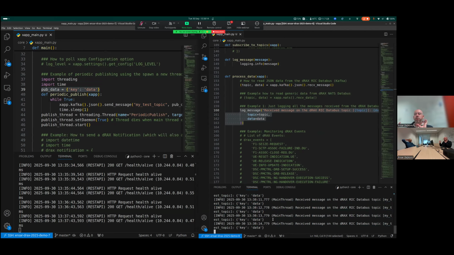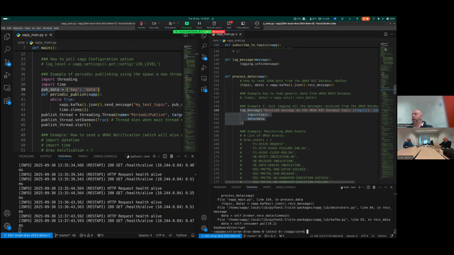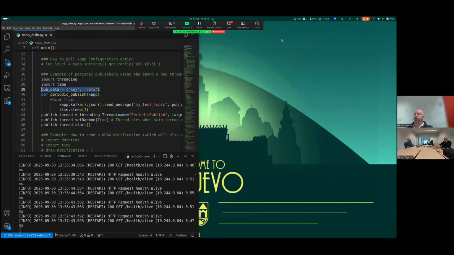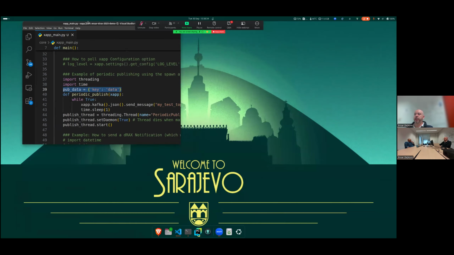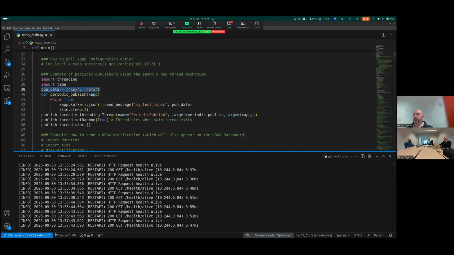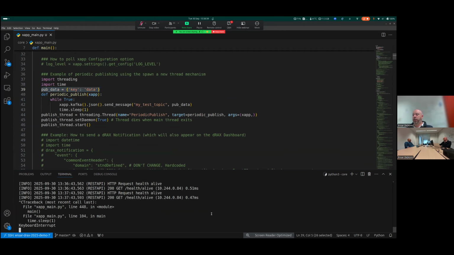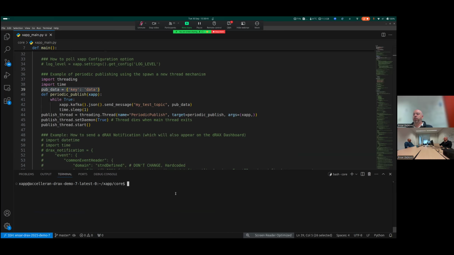So just to show you that you have the possibility of playing around with this data bus, of exchanging information and utilizing it for your own use case. Okay, so that was the second example we wanted to go through. I will stop this one and exit from it. We will need the second xApp for next tasks. I will kill this xApp as well, stop it as well, perfect.